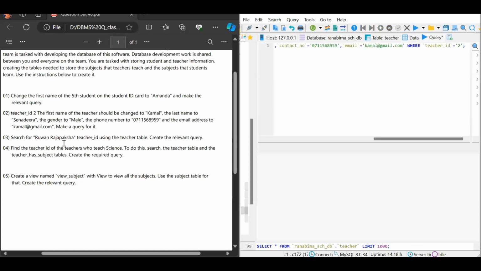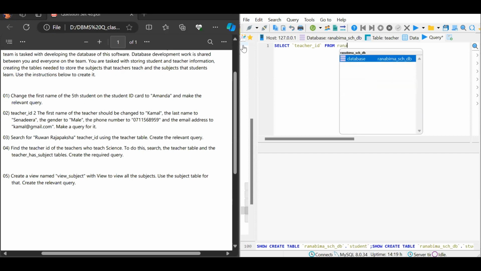Here it tells to find the teacher ID of the teacher called Ruwan Rajapaksha. So then let's type the relevant select query. So then we can use the select query here. We have to find the teacher ID. So then we can specify the column here that we need to obtain as teacher ID, and then we can use the from keyword, and then we're gonna find this information from the teacher table. So then at first we have to mention the database name and then dot and then the teacher table,